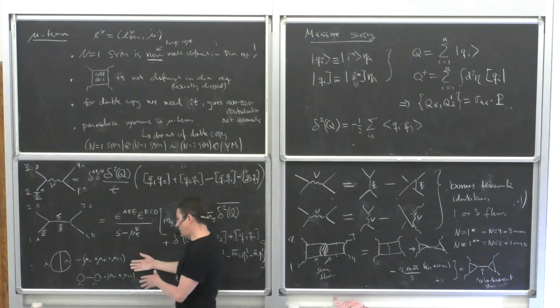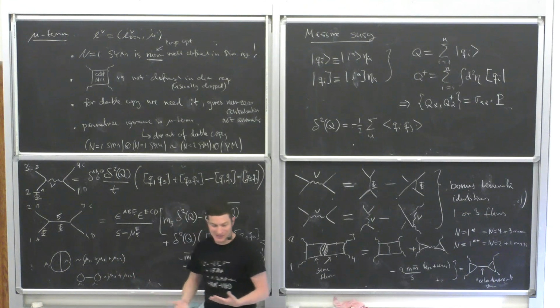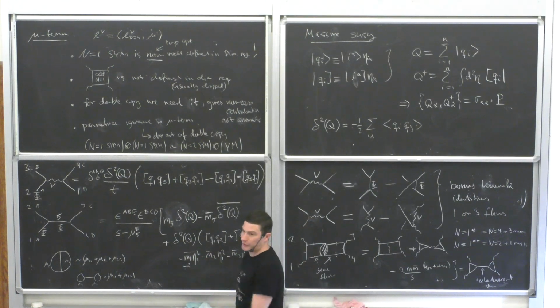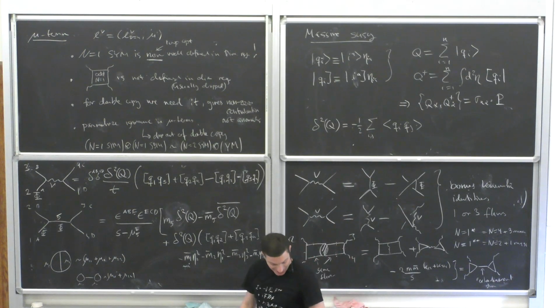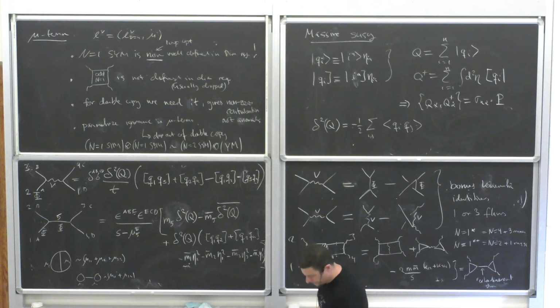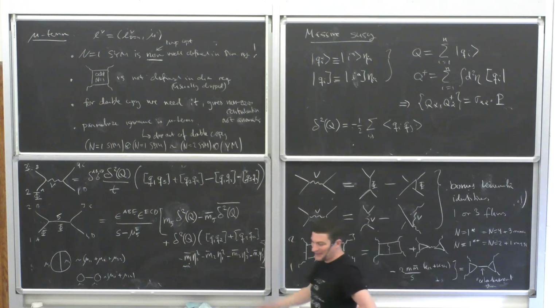You can ask, are we allowed to do that? Well, DimReg is always ambiguous at two loops because there's scheme dependence. There's always scheme dependence at two loops, so we can associate it with a certain scheme. And so we were happy with it, and we put it out after a long delay. Anyhow, I think that's all I'm going to say, so thanks. If you actually want to see the answer, you have to go to the paper, because it's too long to write down.